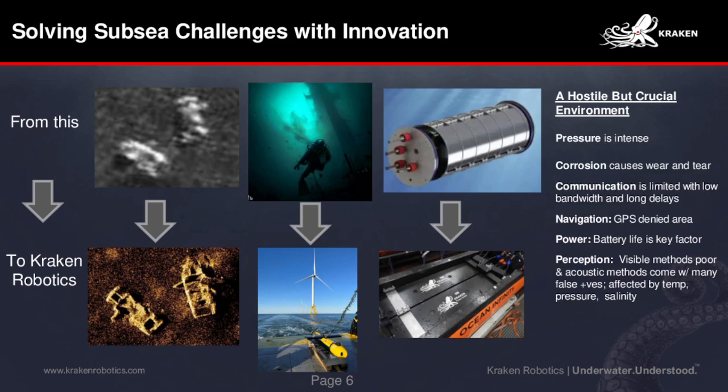So that's our Catfish product right there in an offshore wind farm in the U.S. And then on the battery side of our business, what we are doing is we're bringing very high energy density into a fixed footprint by what we call pressure tolerant encapsulation technology. So think of a silicone type gel that goes around our batteries, as opposed to